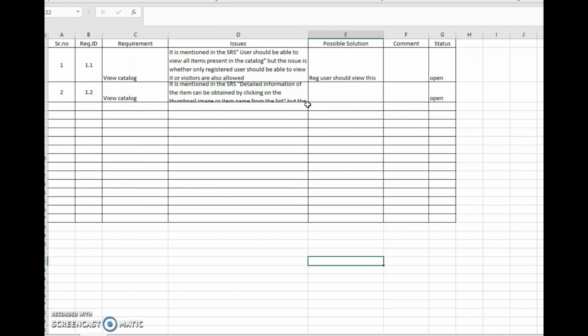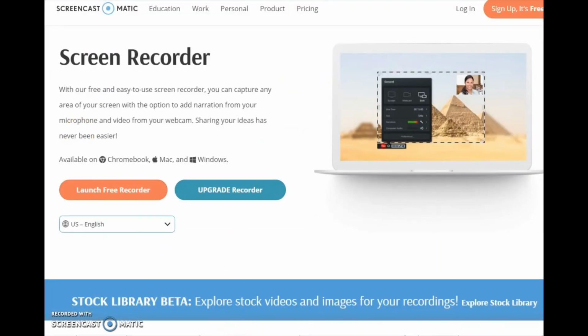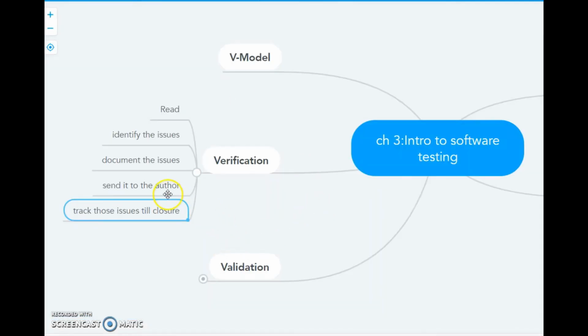You document those issues in this query tracking sheet and send it to the author. The author will check and review it, and update the possible solution, and then you track those issues till they are closed. I hope you have understood how exactly verification is performed.